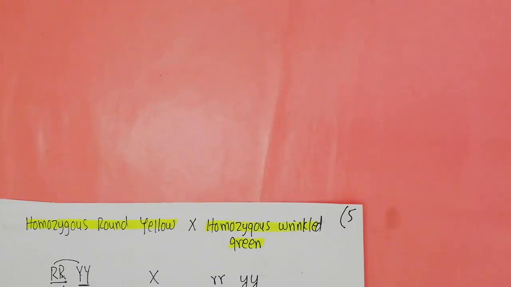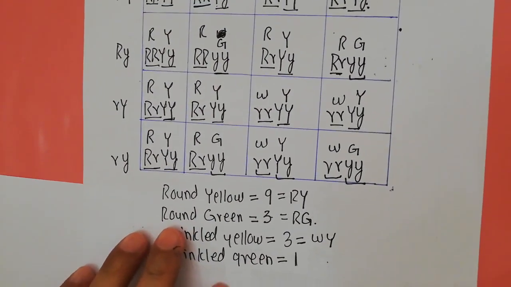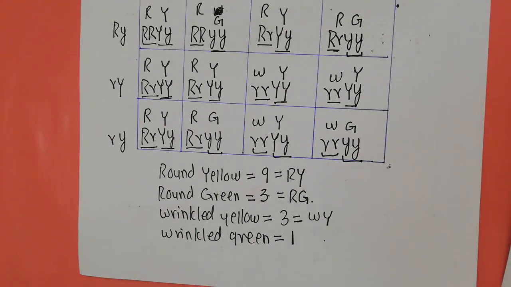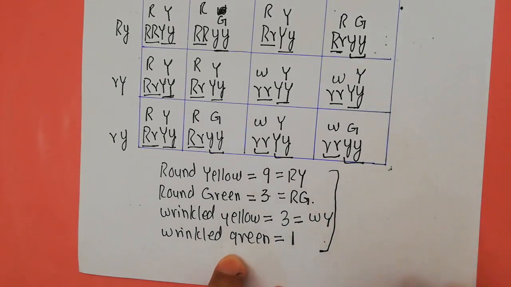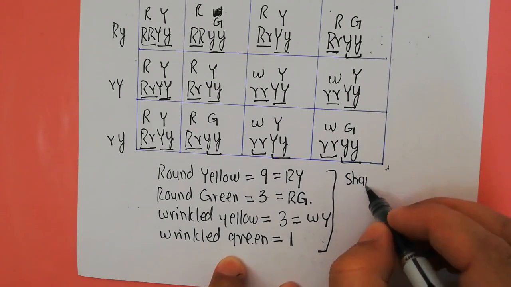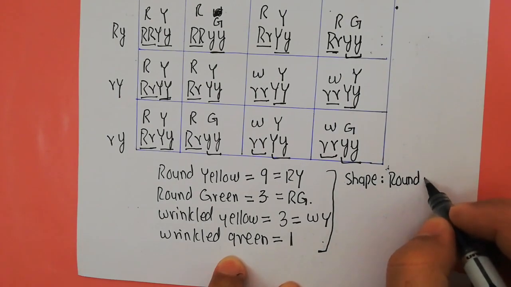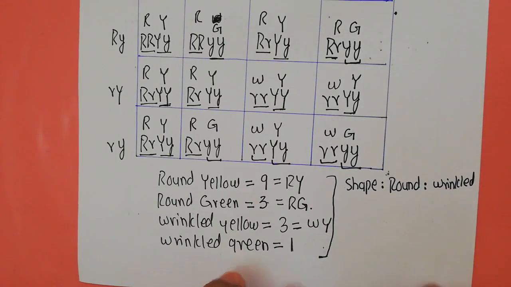Now if you look at this 9:3:3:1 ratio and convert it into monohybrid crosses, because the first thing Mendel was doing was getting a ratio of 3:1 for the monohybrid crosses. So let me split this into monohybrid crosses. One of the traits we are focusing on is the shape of the seed, and the shape of the seed can be round or wrinkled. These are the two types of shapes you can expect.